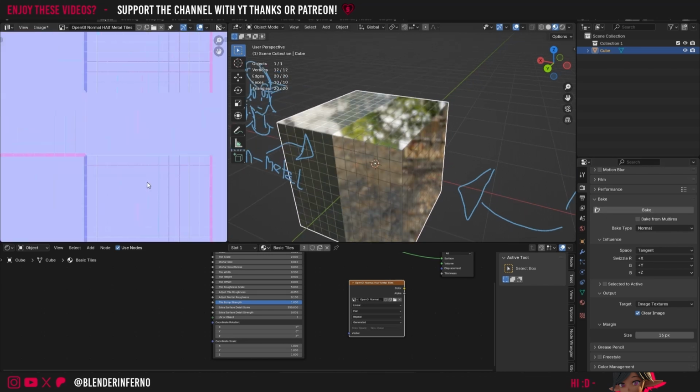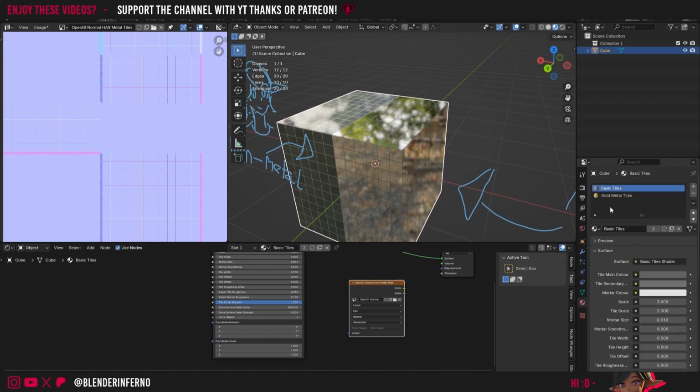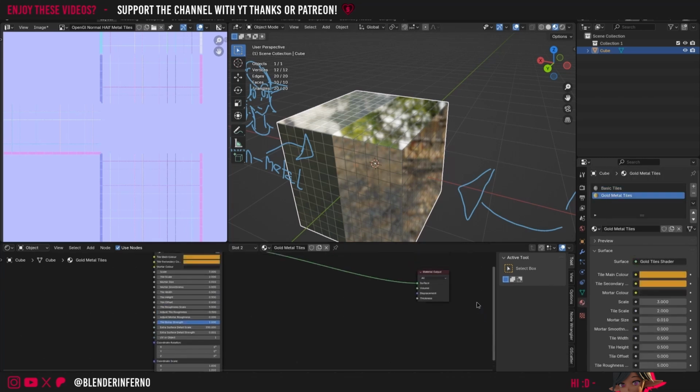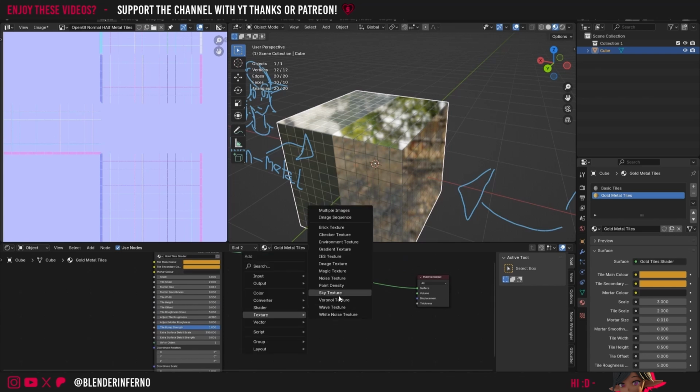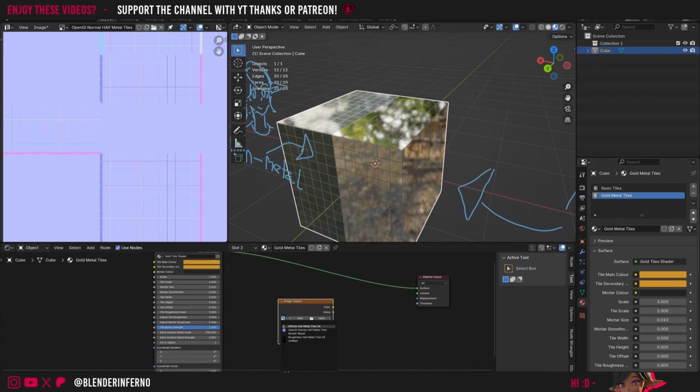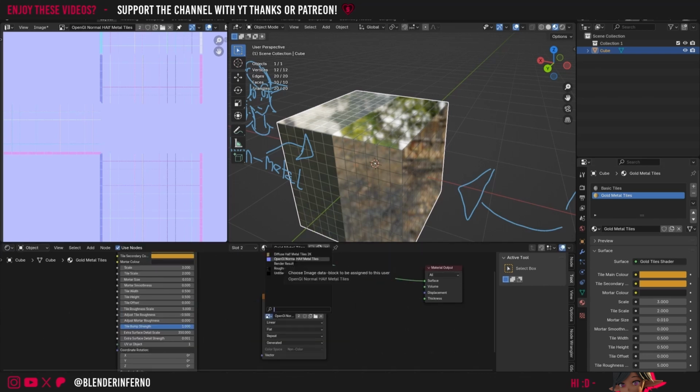Awesome, and now you can see it's baked half of our object here. And now all we need to do is left click this material properties, come up to the gold metal tiles, and we'll just press Shift A again. Then under texture, I'll choose image texture, left click the drop down, and I'll choose the OpenGL normal half metal tiles. Then I'll left click the texture to select it, make sure I've still got my object selected, and then